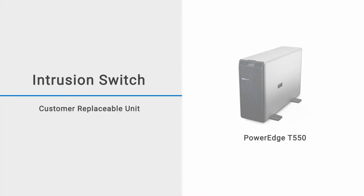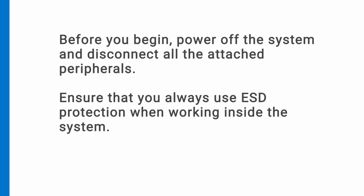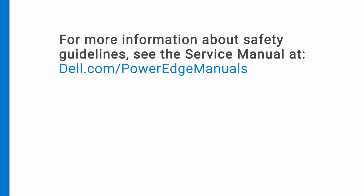This video shows how to replace the intrusion switch module on a PowerEdge T550. Before you begin, power off the system and disconnect all of the attached peripherals. Ensure that you always use ESD protection when working inside the system. For more information about safety guidelines, see the service manual at